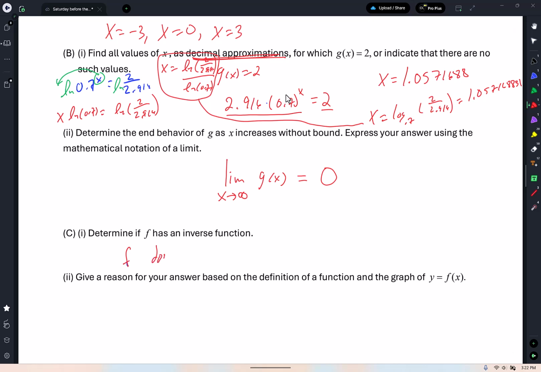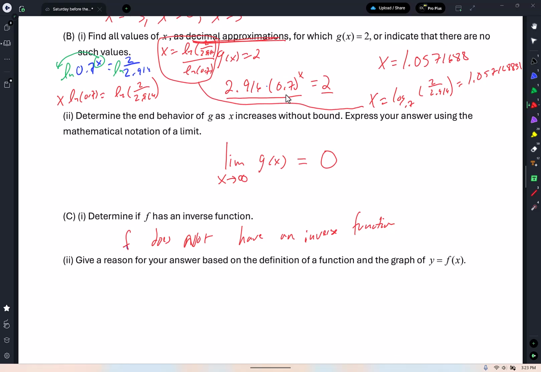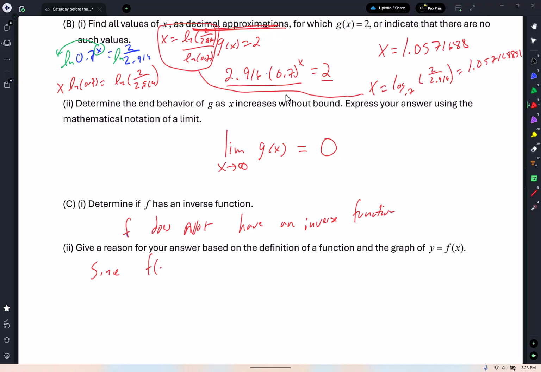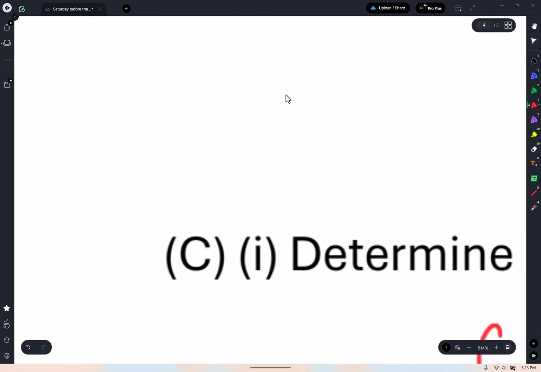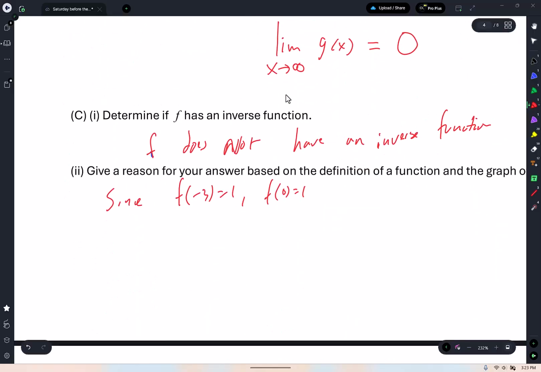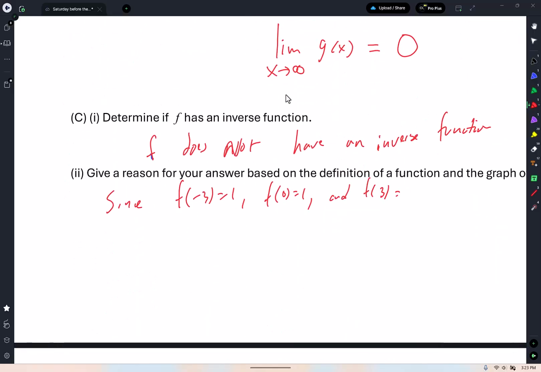F does not have an inverse function, because f itself is a function, but it does not have an inverse function. And it says, give a reason for your answer based on the definition of function on the graph of y equals f of x. I'm going to write, since f of -3 equals 1, comma, f of 0 equals 1, I think it was f of 0, yeah, comma, and f of 3 equals 1, comma, f will not have an inverse function